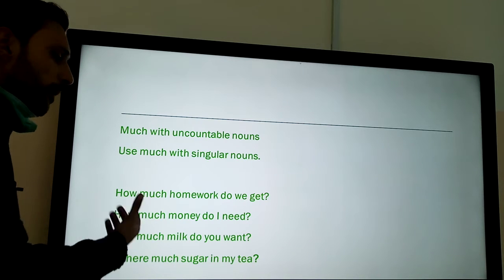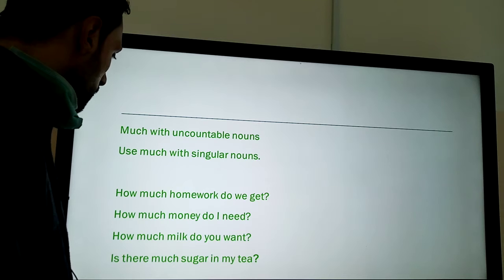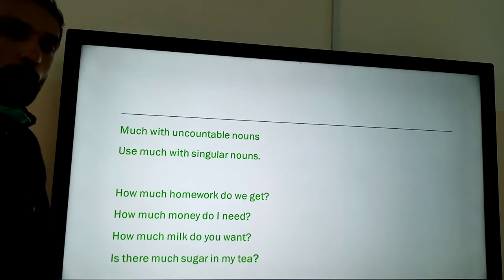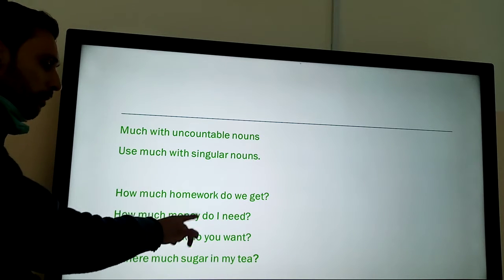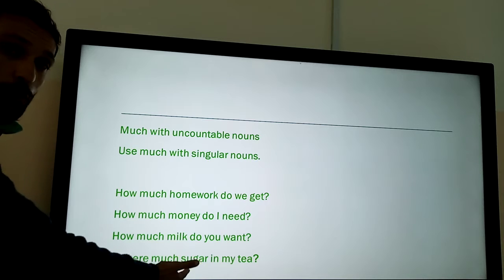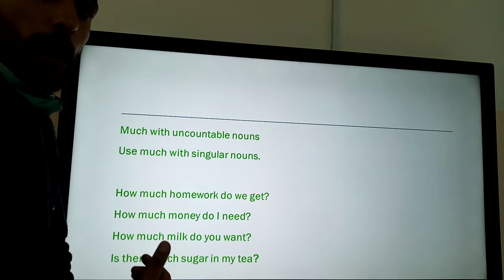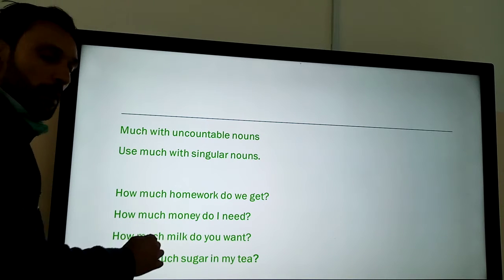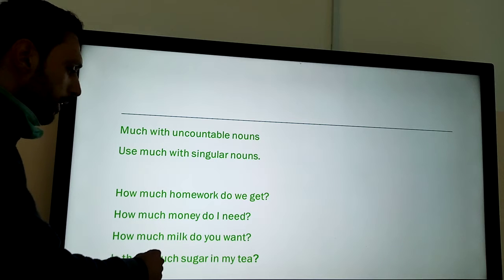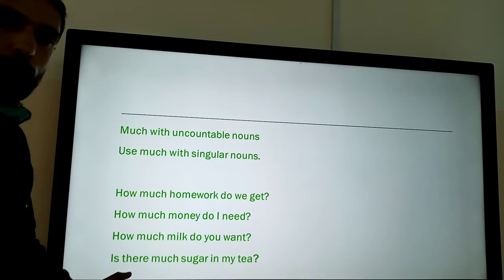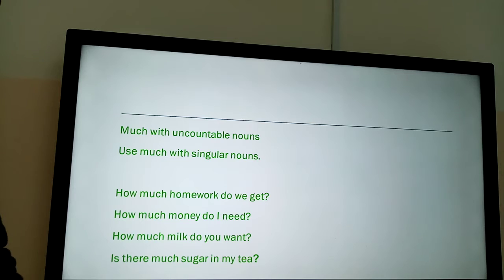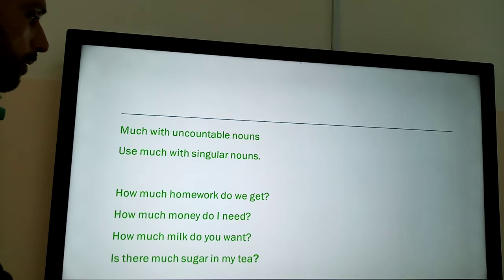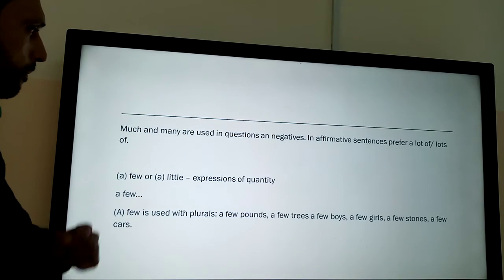Another question, how much milk do you want? If you notice here, homework, money, milk, and sugar are uncountable nouns. We cannot say homeworks, monies, milks, or sugars. Why? Because we are dealing with an uncountable noun.